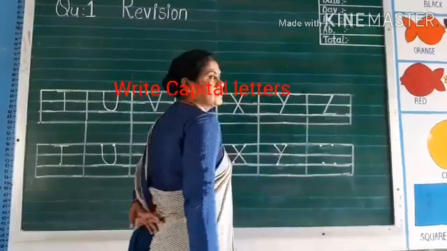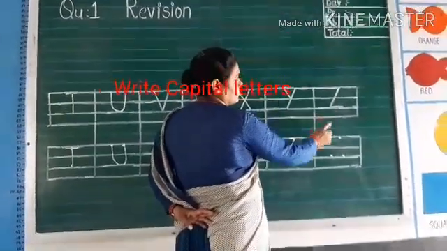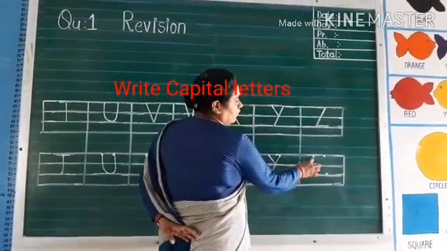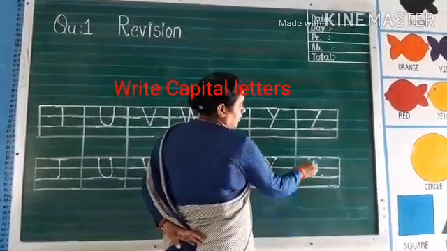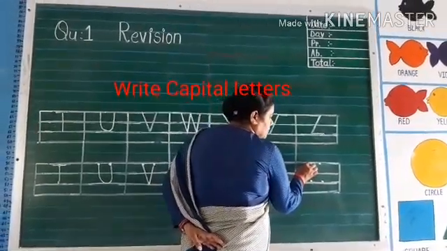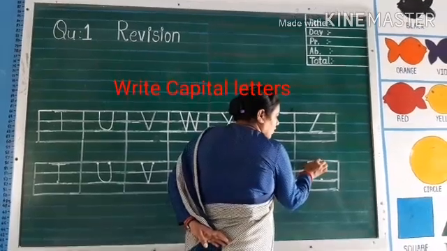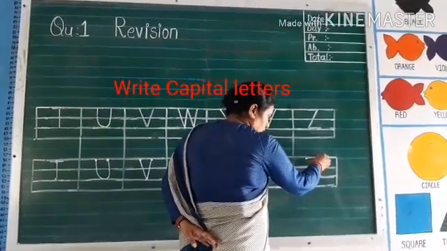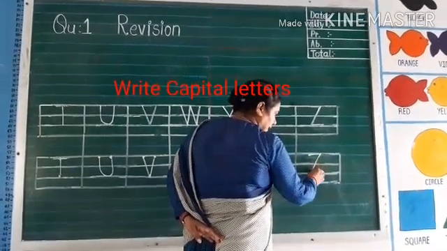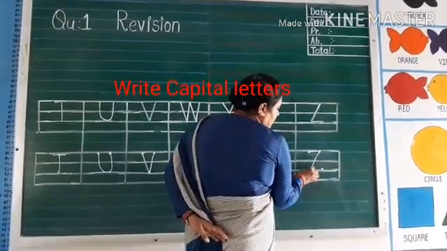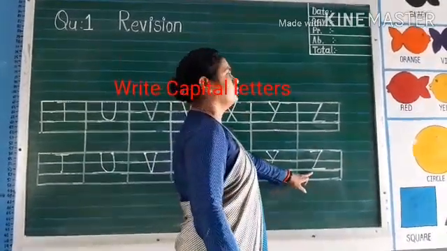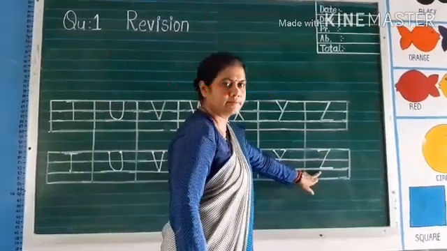Which letter is this? Capital letter Z. How to write capital letter Z? Here 4 dots are given. First, join the dots. First upside, join the dots, make a sleeping line. Up to down, join the dots, make a slant line, and join the dots, make a sleeping line. This way you have to write capital letter Z.